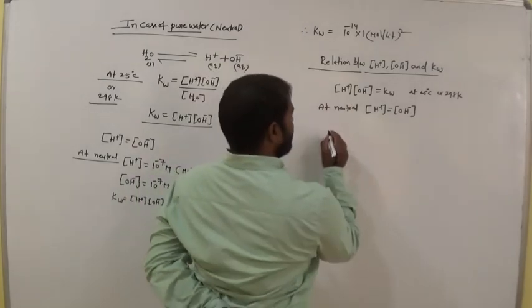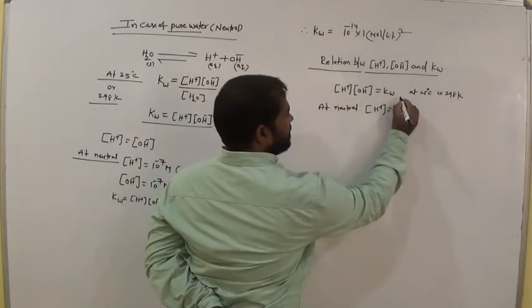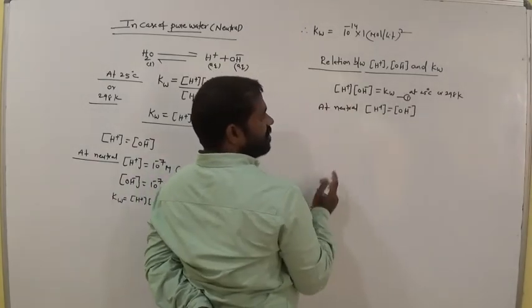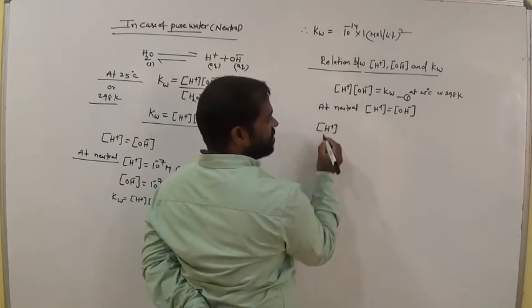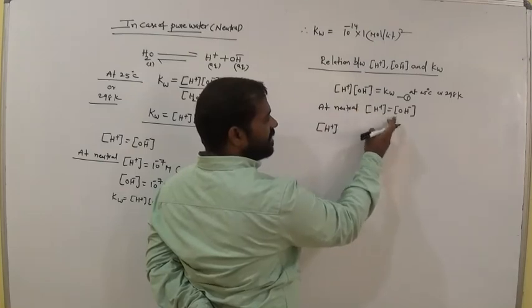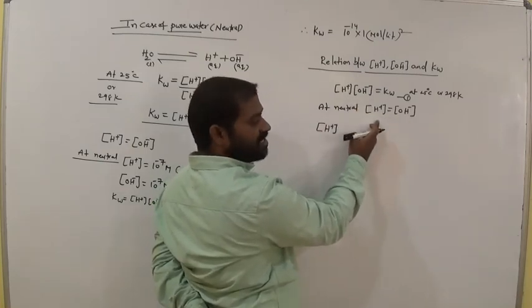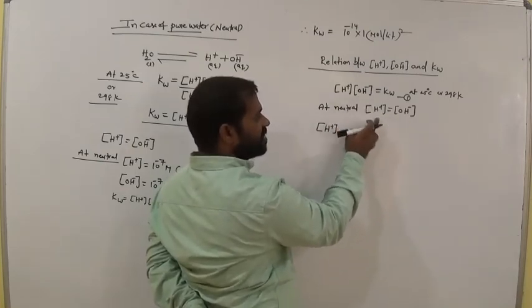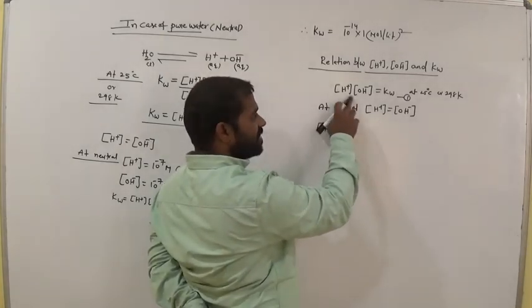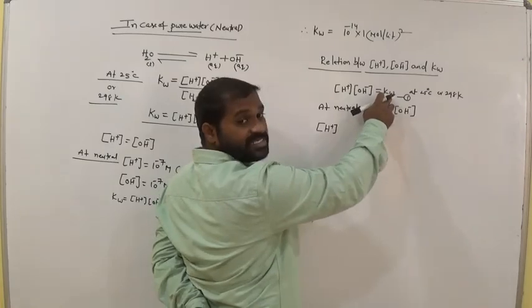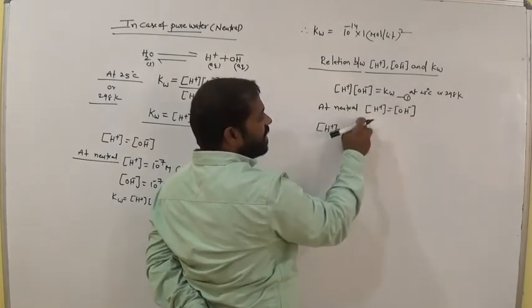That means, this is equation 1, suppose. Now in this equation, H plus, what is the value of OH minus? OH minus equals H plus or not? Now instead of OH minus, we need to keep H plus, or not? Is there a chance? H plus times OH minus equals Kw clearly. At neutral condition both are equal.